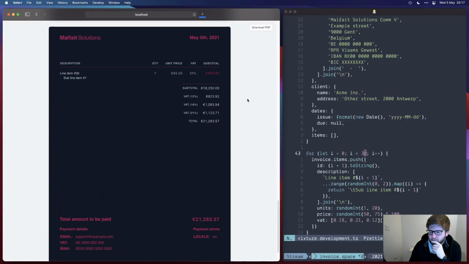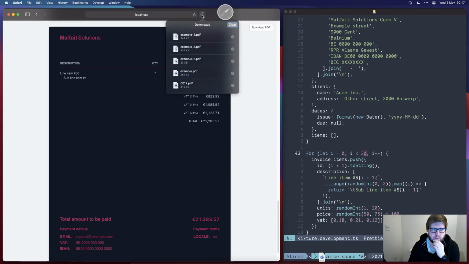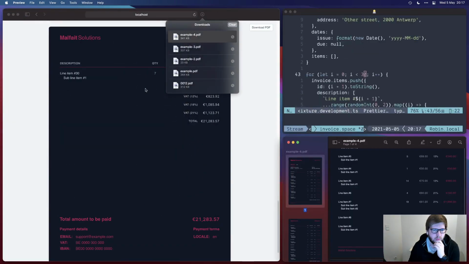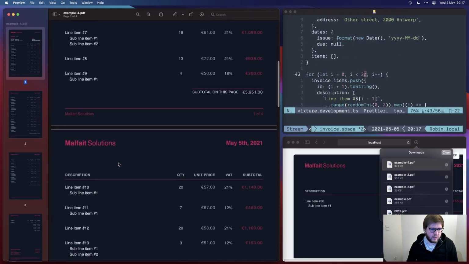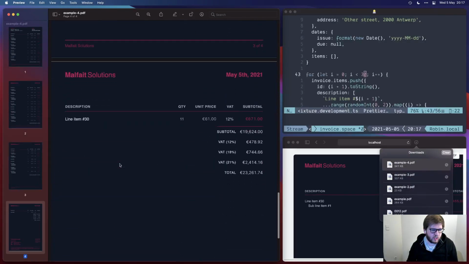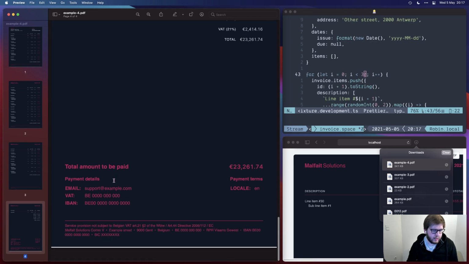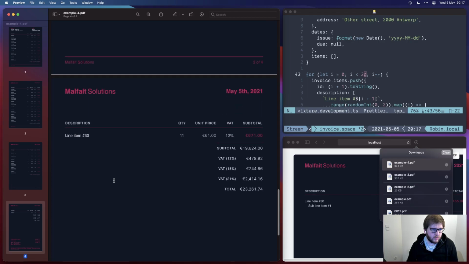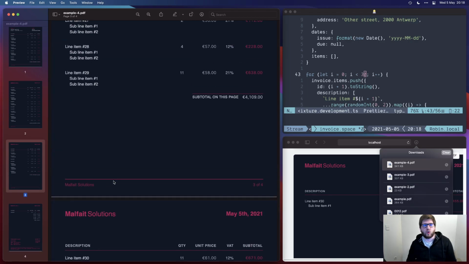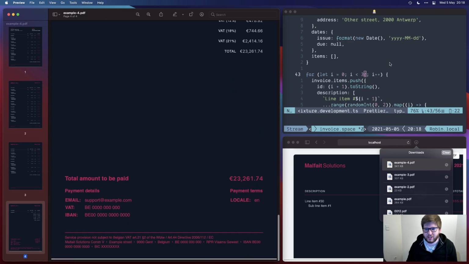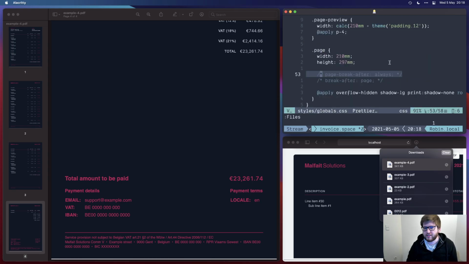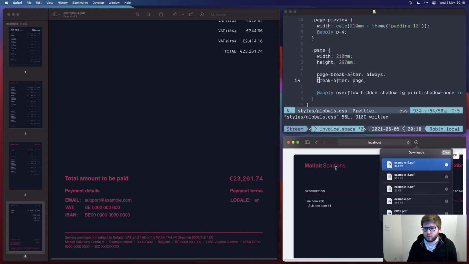So now we have a very big one with a few pages. Let's download this one. One thing you will notice is once I start scrolling, oh yeah, you can see the big white line down here. That's because there's no proper page break, and the more pages you have, the bigger this line becomes. So it's pretty annoying. So if you re-enable this, and then we regenerate this,